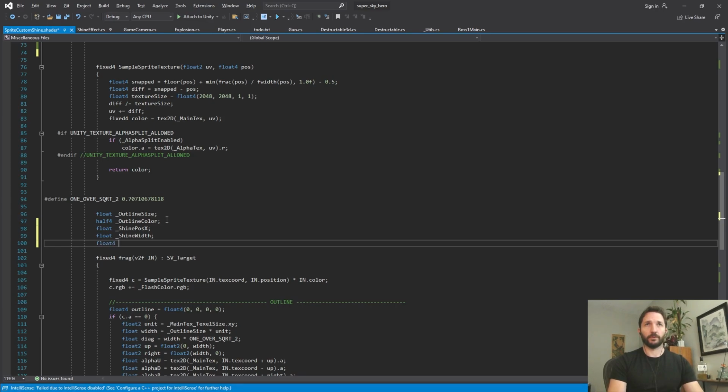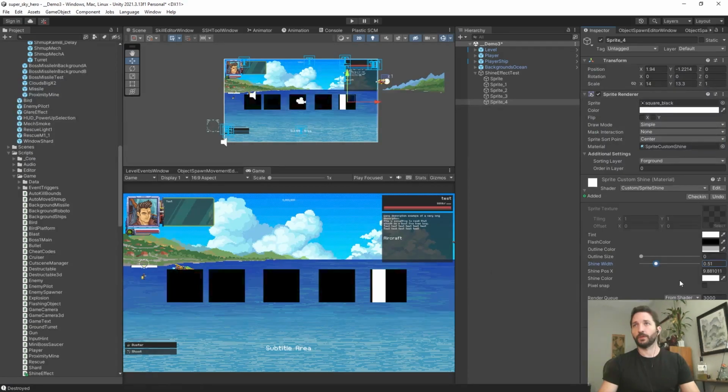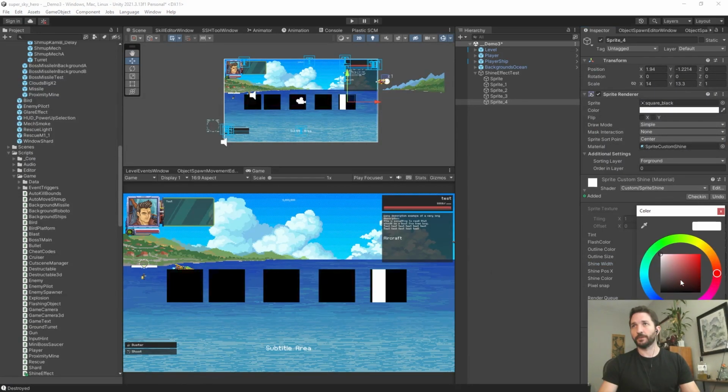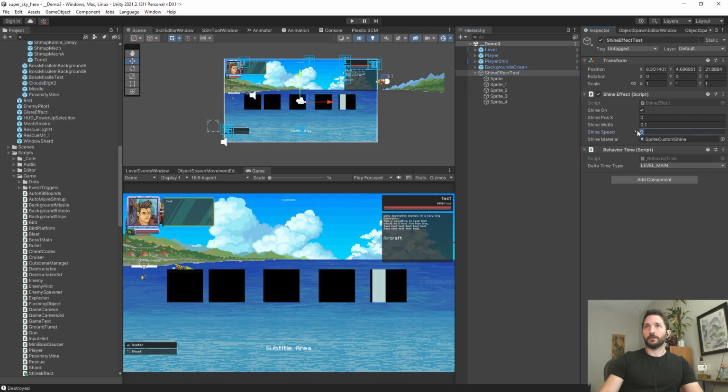Float 4, shine color. Okay, now let's modify it to like a bluish, maybe silver, like that. And then bump up its speed to like 10,